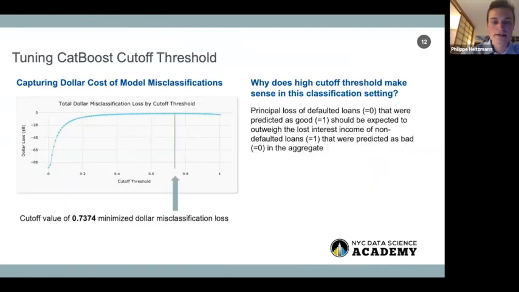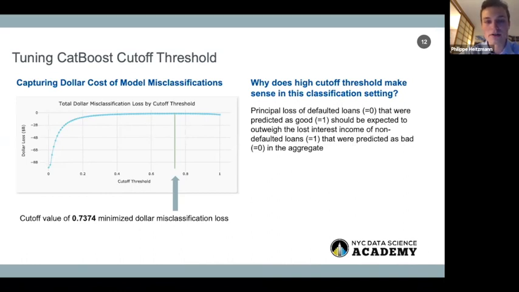So next, taking again the CAP-based classifier model, I was interested in looking at how to better tune some of the cutoff thresholds for our model. The way to think about cutoff thresholds is, in any machine learning model, your model is going to always output prediction probabilities for how confident it feels for one certain prediction or another. So, for example, if I were to feed any loan applicant's data to our CAP-based classifier model, it would tell me that it felt 80% confident that this loan was a good loan.